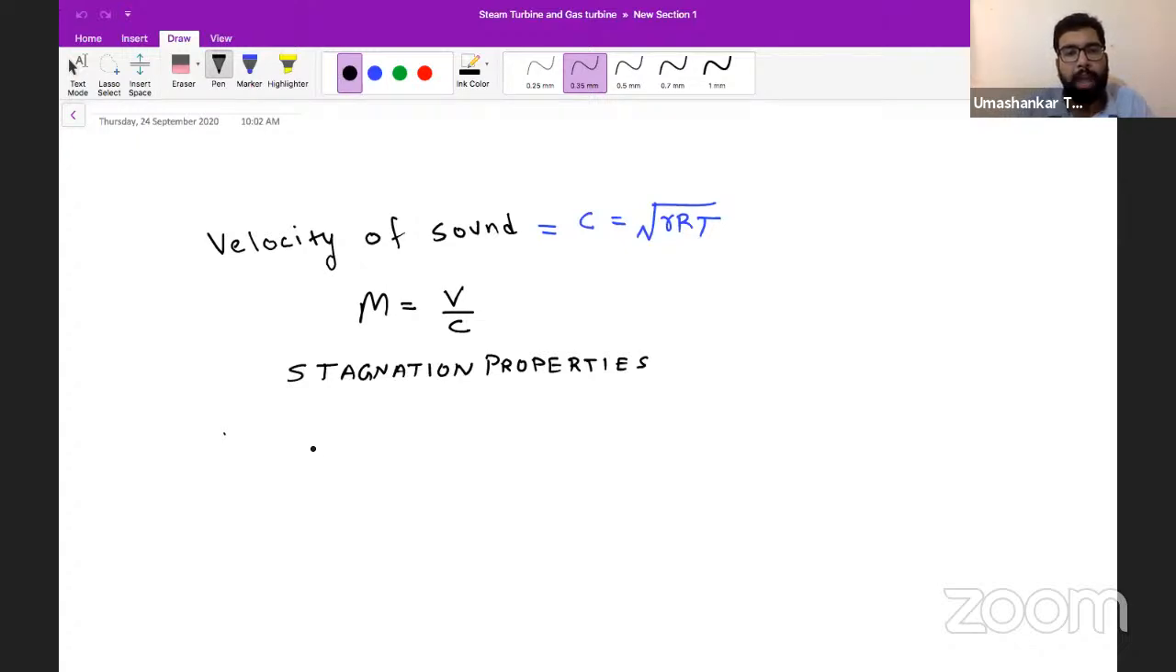So let's say we have to analyze the compressible flow. And as I told in previous lectures also, this part is common in two subjects. Compressible flow is added in fluid mechanics, and steam and gas turbine is added in the part of thermodynamics. So compressible flow in passage of